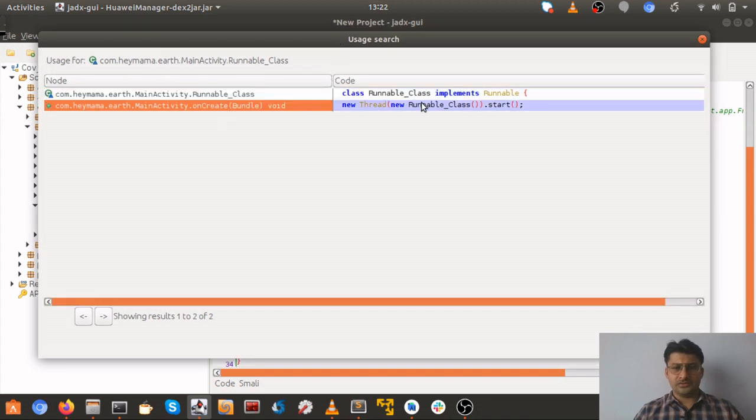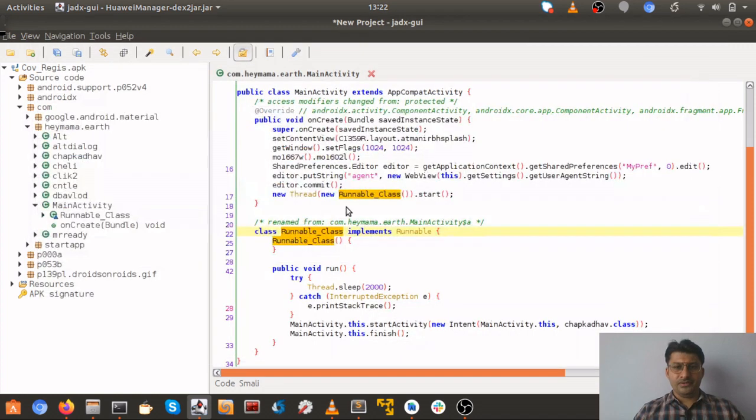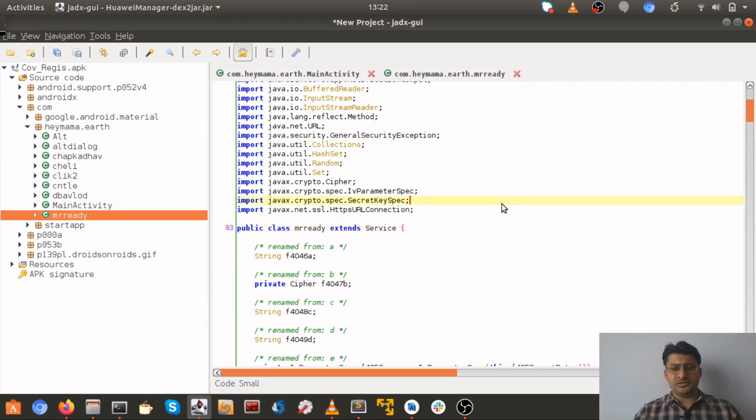First, onCreate, and this is, as I told you, the declaration here, and you can just double click and it will lead you here. Secondly, let me quickly walk you through what this malware is doing. We do not want to go into a particular analytical video, so this is going to be a short video. This is basically the main service that is responsible.